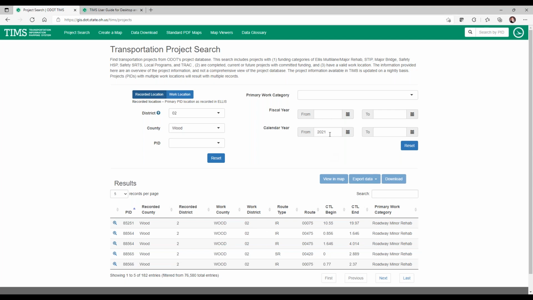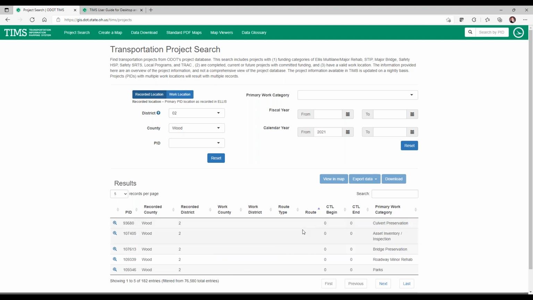So if I start filtering 2021, you'll see I still have 182 records, and there's going to be projects that are planned into the future. And let's see, there may be projects that are going to show up here that do not yet have a work location. So if we go back up to this third point in the explanation at the top of the page, they must have a valid work location in order for us to view them on the map, right? We take this route and the log points, and that's how we map them in the Create a Map